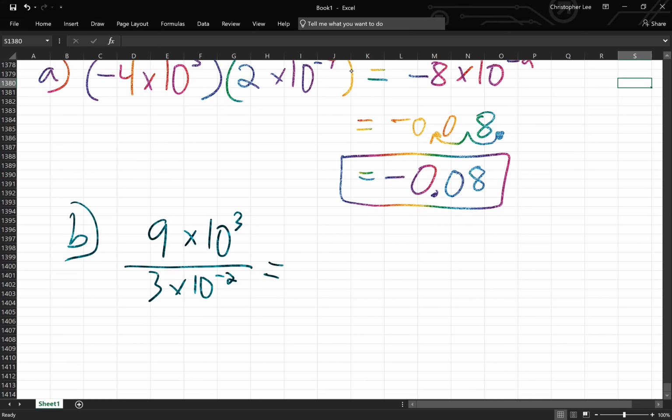So this is going to become 3. And now when I divide exponents, what do I do? Subtract them, right? So this is going to be what? 3 times, oh Lord, why are you not writing? Give me 1 second. All right, here we go. Sorry about that. Let's try it again. 3 times 10 to the,